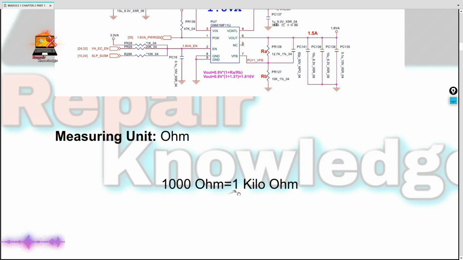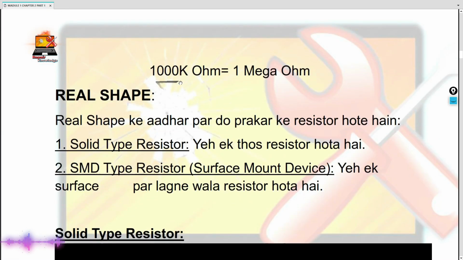Now we move on from the symbol. Now see here the major unit, ohms. Let me show you the calculation of this. Like 1000 ohms over here. If it shows 1000 ohms in a multimeter, then what will we call it? 1 kilo ohm. 1000 ohms will be said to be 1 kilo ohm, and 1000 kilo ohms will be 1000 K, so it will be 1 mega ohm. Okay? It will be 1 mega ohm. This is what you have to keep in mind. Write it down in the book. Okay, stop the video, write it down and come back here.